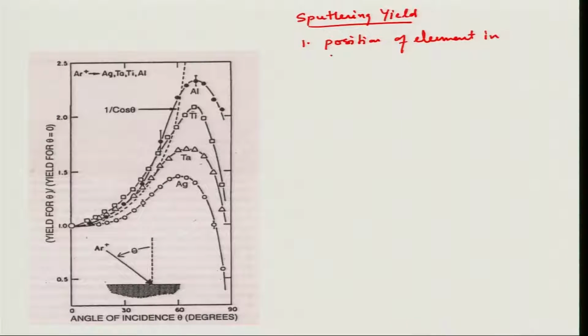And what do these sputtering yields depend on? Let me list down some of those properties. Sputtering yield depends on the position of the element in the periodic table. Number 1. Number 2, it depends on the crystal structure,